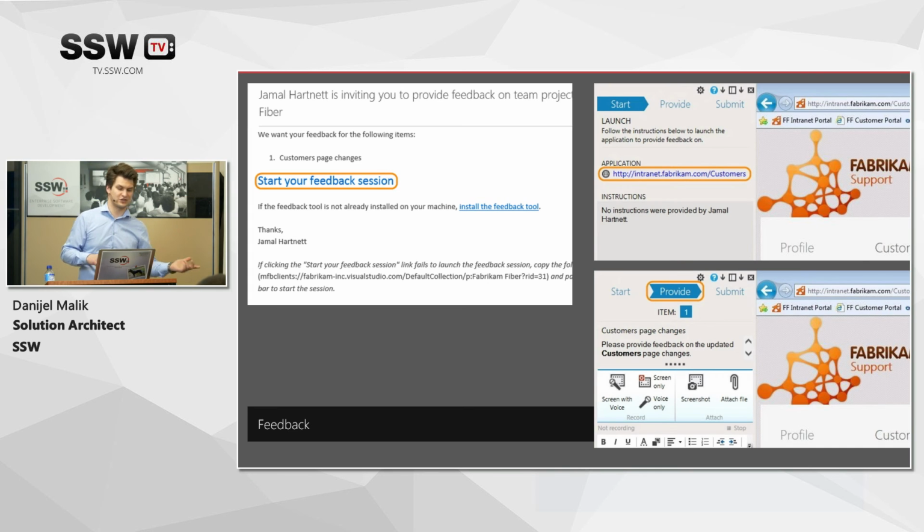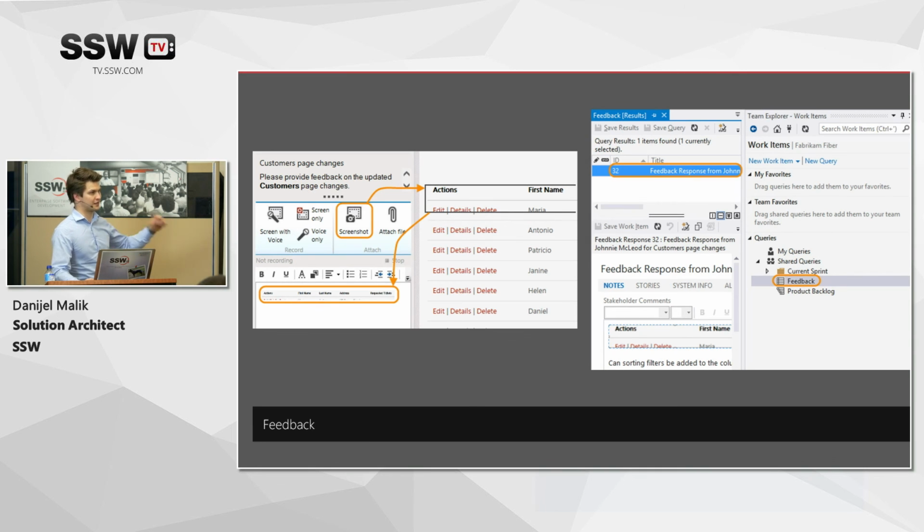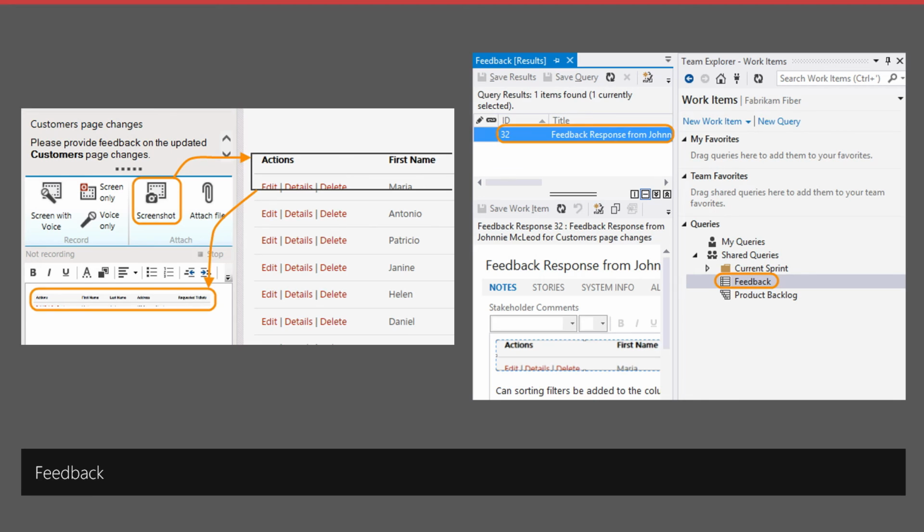So in this example, we have just item 1. But the product owner or a stakeholder, he can focus on that thing, and based on that, he can provide us some screenshots, voice, he can record a video. And when he's done with all that, he's going to push that. You can click submit. Unfortunately, it's not on the screenshot, but that submit will create a new feedback work item in our TFS, and from there on, we can decide what we're going to do with that. So that's just one aspect of how you can actually track feedback. Anyway,